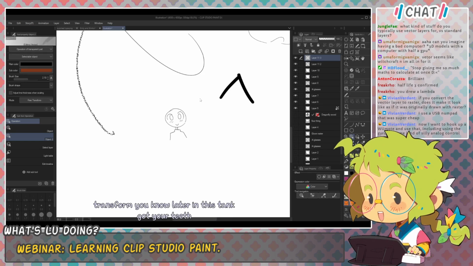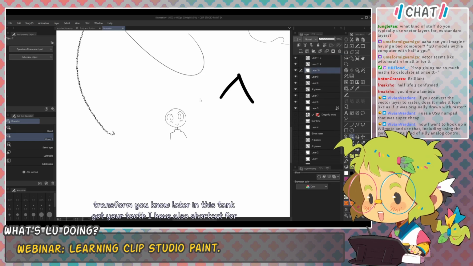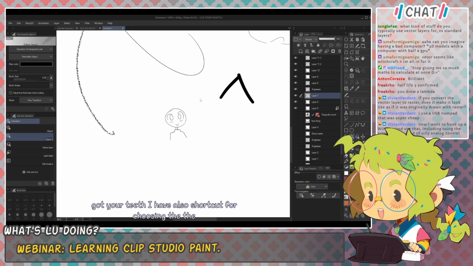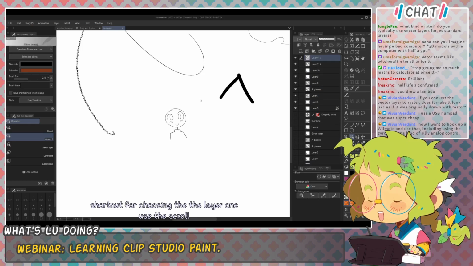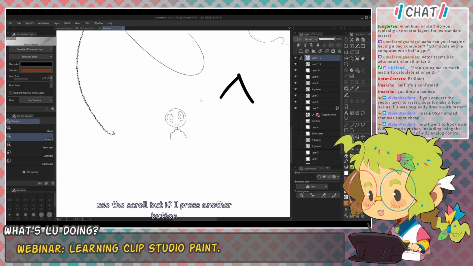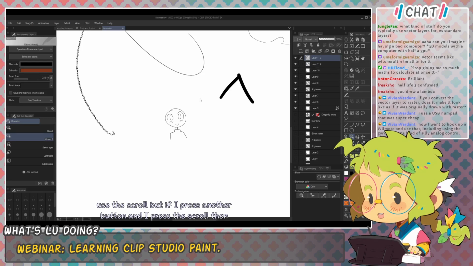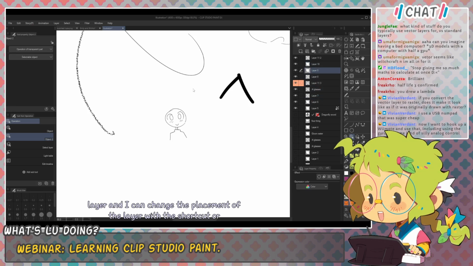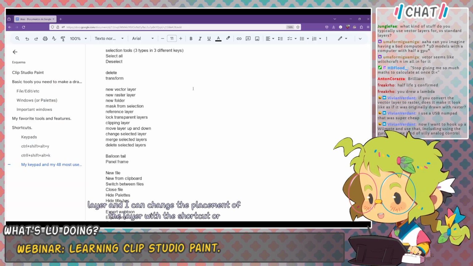I have also shortcuts for choosing the layer I want. Use the scroll, but if I press another button and I press scroll, then I grab this layer. Let's give it a color. I grab this layer and I can change the placement of the layer with a shortcut, or change the selected layer. What else? We move layer up and down, clip layer, set as reference,